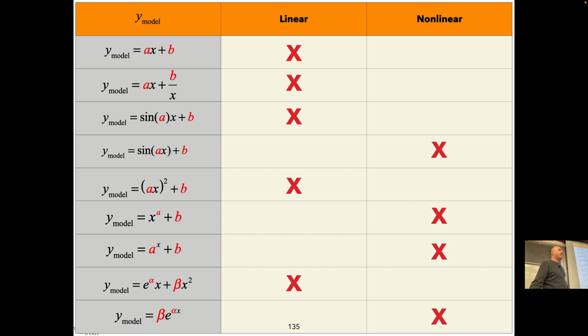Nonlinear. No, because then it becomes e to the alpha to the power x, right? Okay. All right, so now, we didn't do any transformation, and some of you might be saying, well, Professor